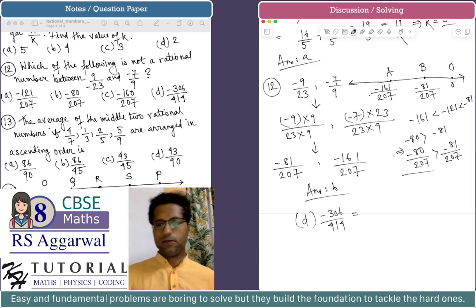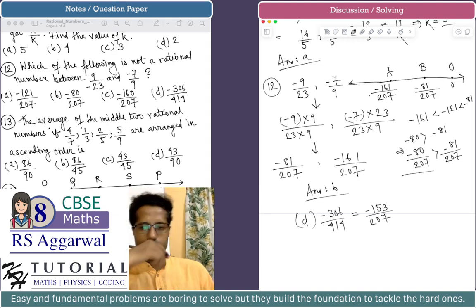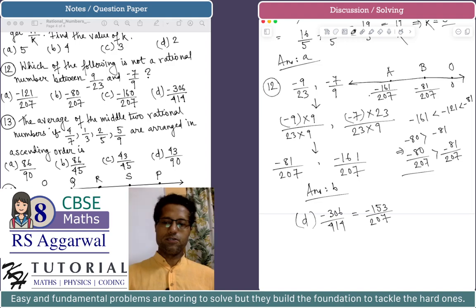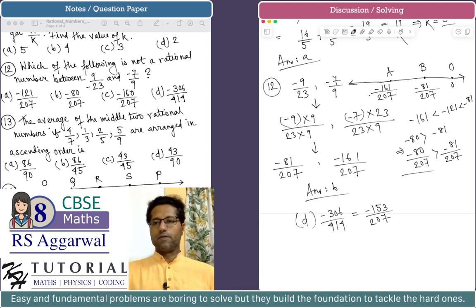You can reduce this further by dividing by 2. If you divide both the numerator and the denominator by 2, we get minus 153 by 207. So the rational number in choice D is minus 153 by 207, which definitely lies between the points A and B,